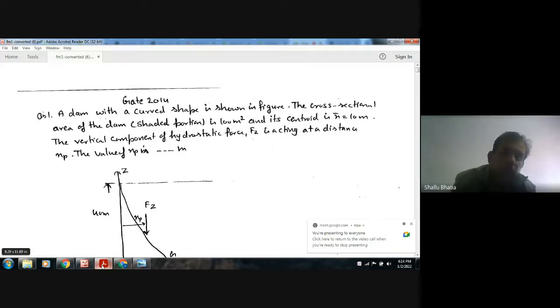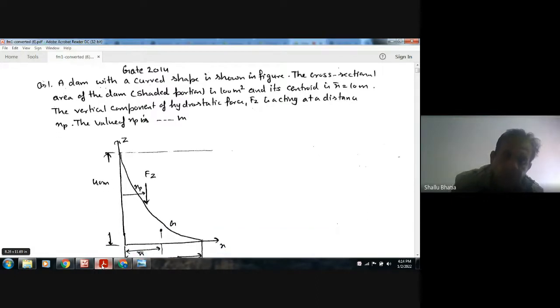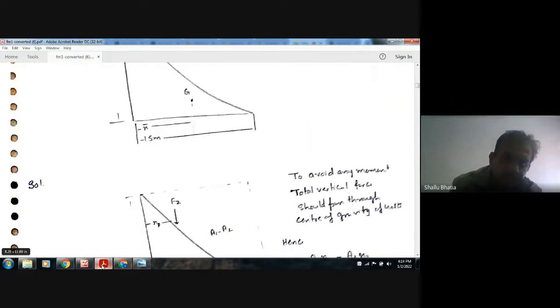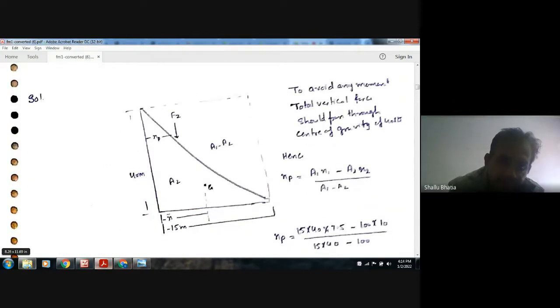Question number one: a dam with curved shape is shown in the figure. The cross-sectional area of the dam (shaded portion) is 100 meters square, and its centroid is x bar equal to 10 meters. The vertical component of hydrostatic force Fz is acting at a distance xp. The value of xp in meters is: so this is your dam, and this area is your 100 meters